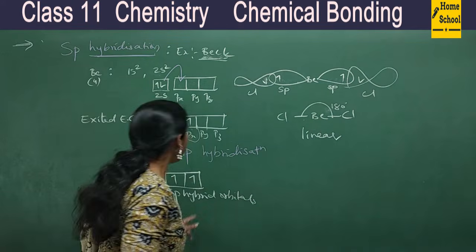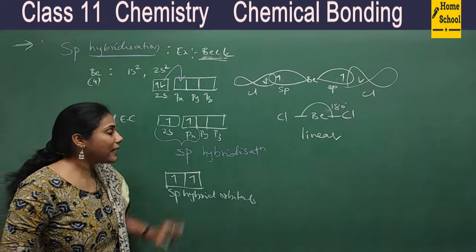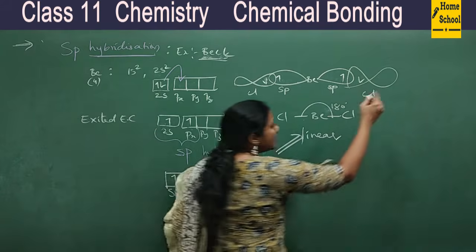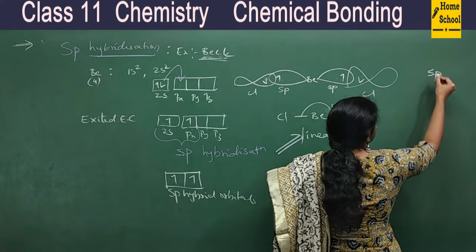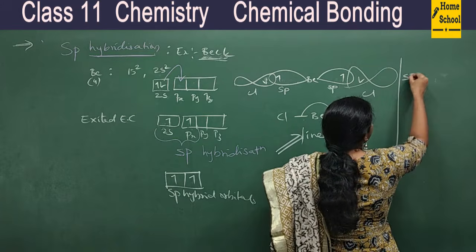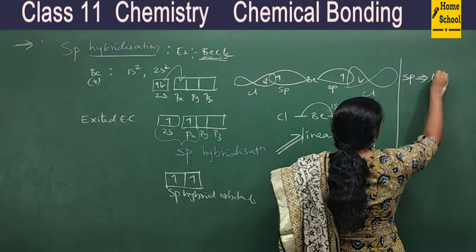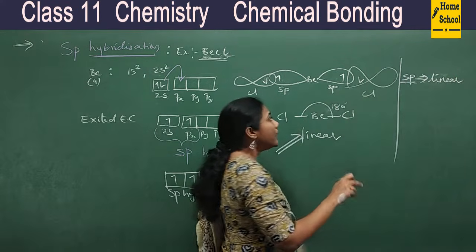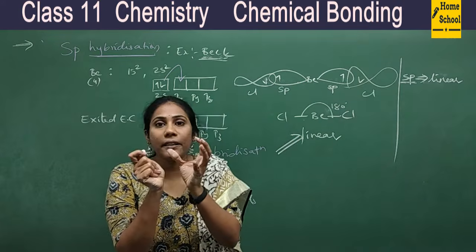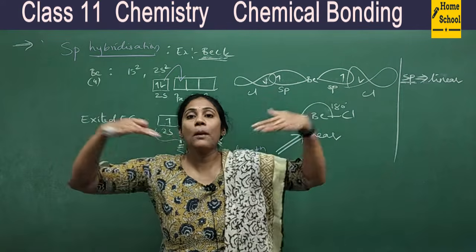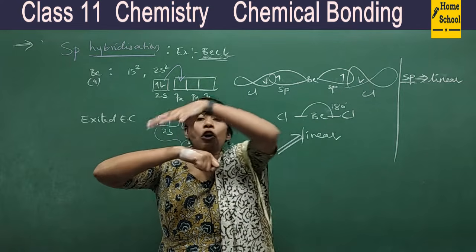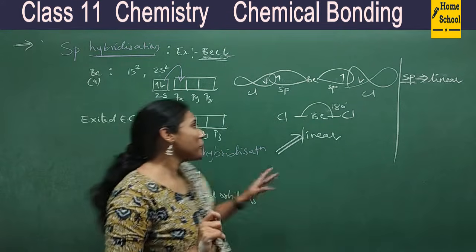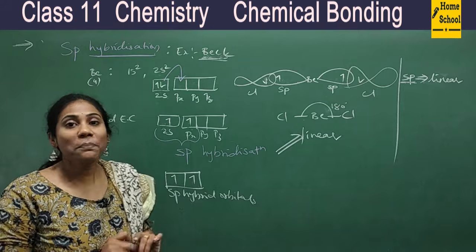So we say if any molecule undergoes sp hybridization, then the shape is always linear. So remember, guys, if any molecule undergoes sp hybridization, let me write it here: if it undergoes sp hybridization, then the shape is always linear. That means sp, in the sense, how many hybrid orbitals are there? 2. If 2 hybrid orbitals are there around the central atom, the only way of arrangement is opposite. You should hold them opposite to each other. Only then they can stay far away from each other to avoid the repulsion. So this is how we have to do the hybridization process.